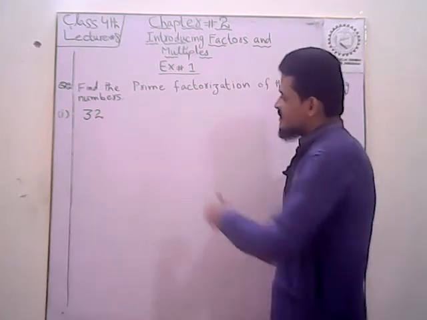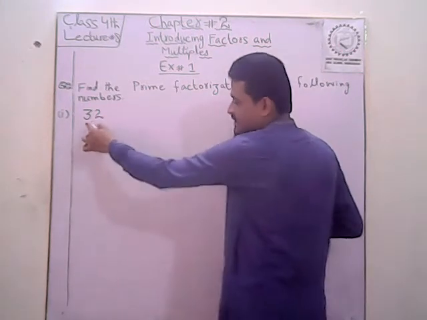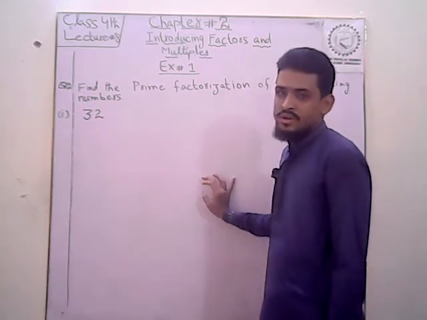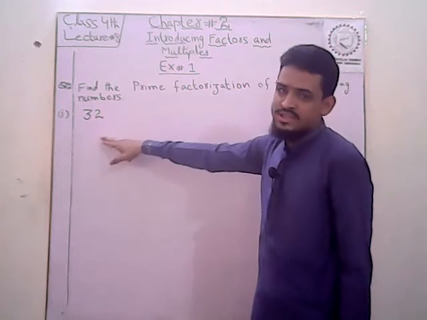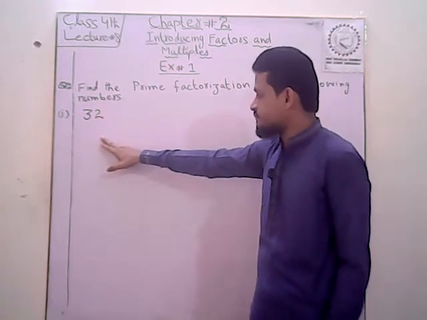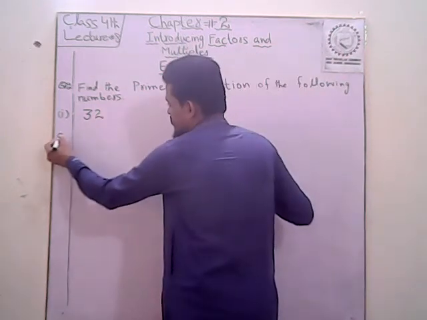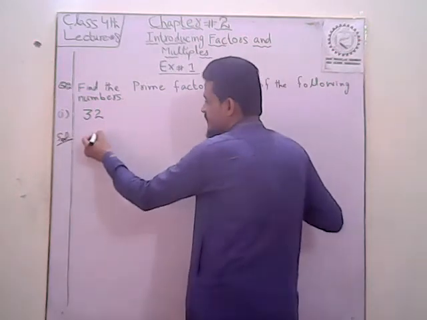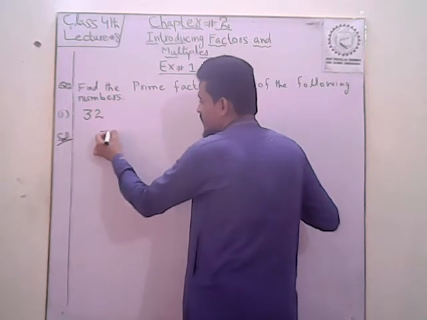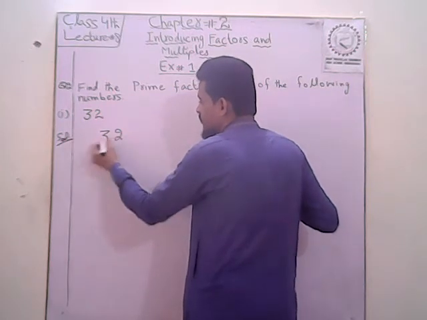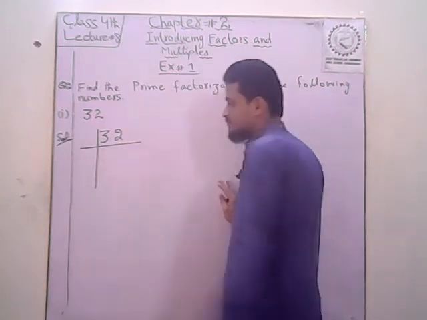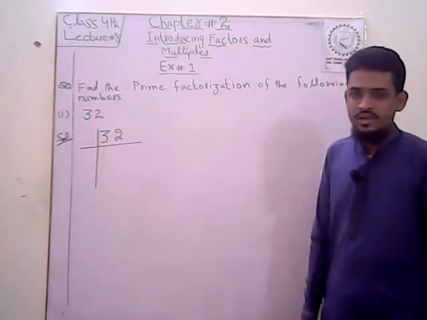Students, question number 1 is 32. We solve the prime factorization of this question. So let's move to solve this question. First of all, we write over here 32. Okay students, so